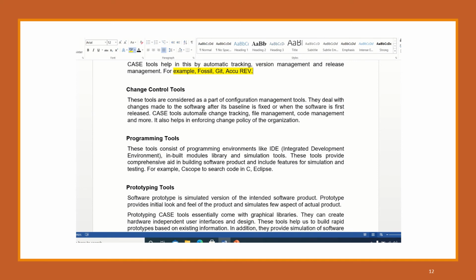These tools are preferably utilized to automate change tracking, file management, you can say code management, and many more. Finally we have programming tools, and we can have examples of coding environments like Eclipse, and code in C, C++ and Java.